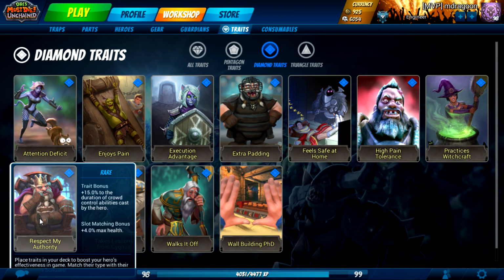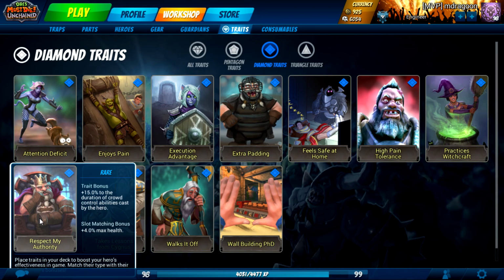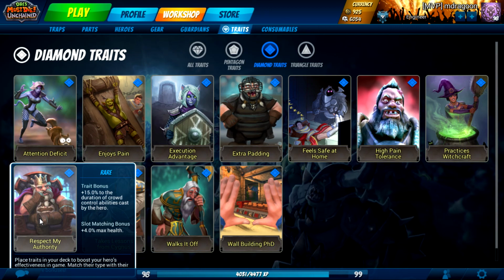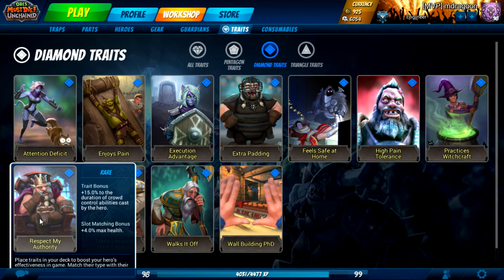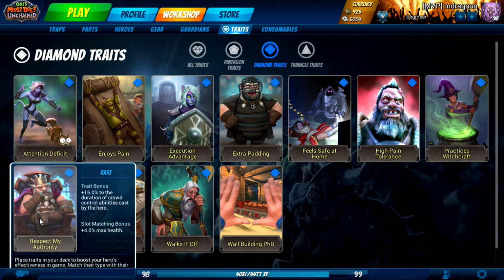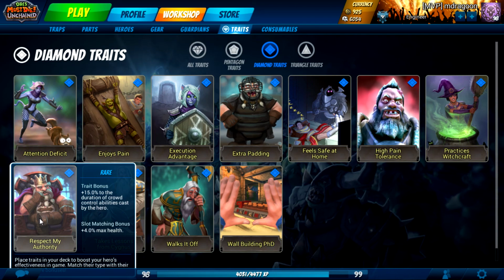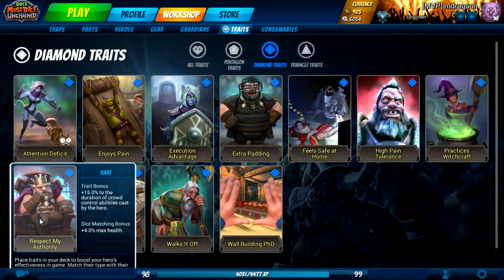Respect My Authority is probably one of the hardest traits to actually wrap your head around, mainly because I think a lot of skills in the game actually benefit from this. Anything that's crowd control. This says crowd control abilities, but I'm not sure if this actually affects things like the natural freeze time from stacks of ice attacks that enemies can get from certain heroes, since I think those count as abilities too, but this would also guaranteed affect any abilities that just outright stun, slow, or